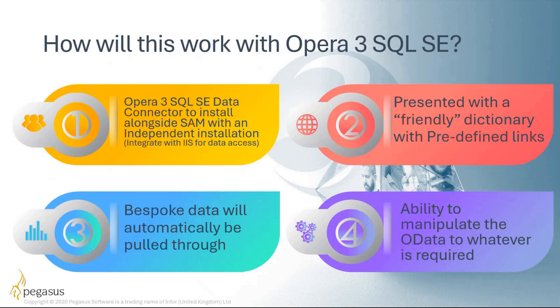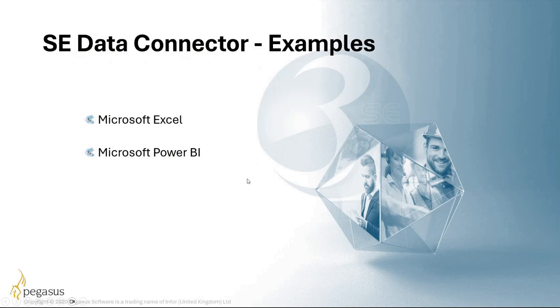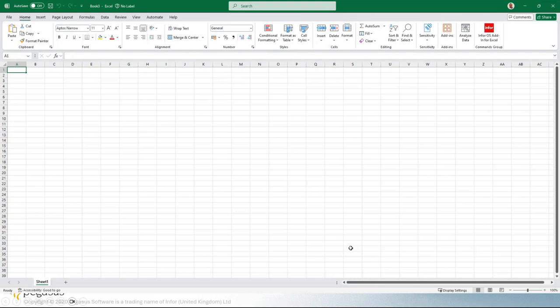And the data connector enables you to manipulate the OData to whatever is required, whatever reporting goal you have. So I'll show you some examples, which probably makes it a little bit clearer. I'll start with some Excel ones, and then I'll show you some Power BI dashboards. So if I load up a blank spreadsheet,